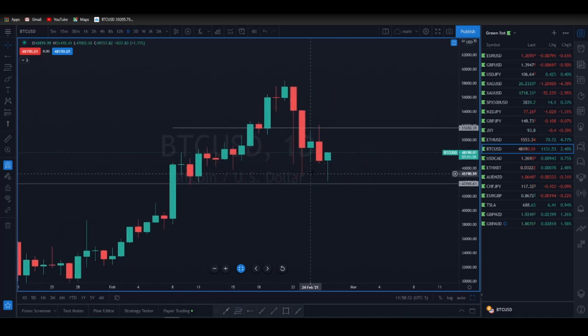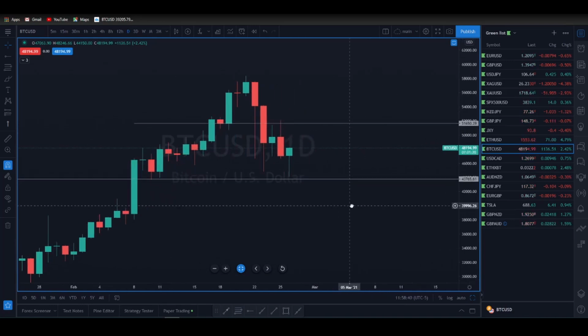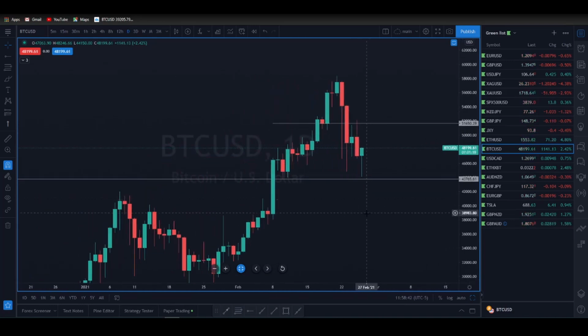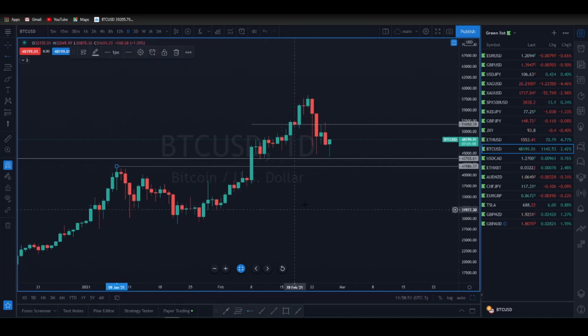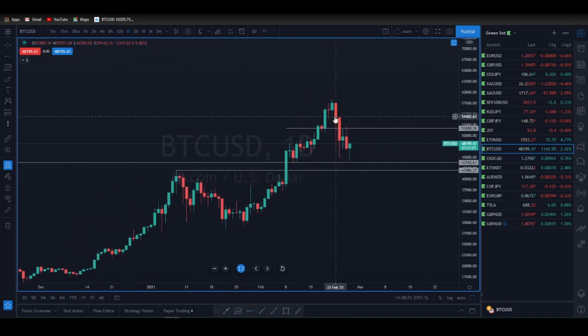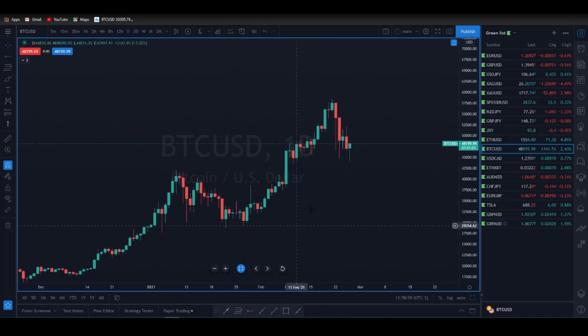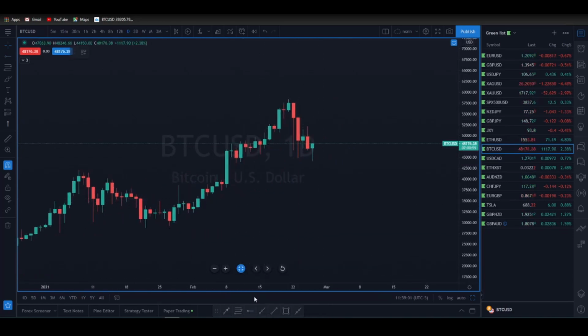All right. Basically, I'm looking for an impulse leg down. We got that little bit of correction and sideways choppy action, and then maybe another impulse leg to the downside, at which point I do believe Bitcoin will find support if it hasn't already. All right, it may have already found support. This is your old all-time high right here at $41,900. Bitcoin could pull all the way back into there and be fine. All right, it could absolutely be fine. It will find support approximately around that area.